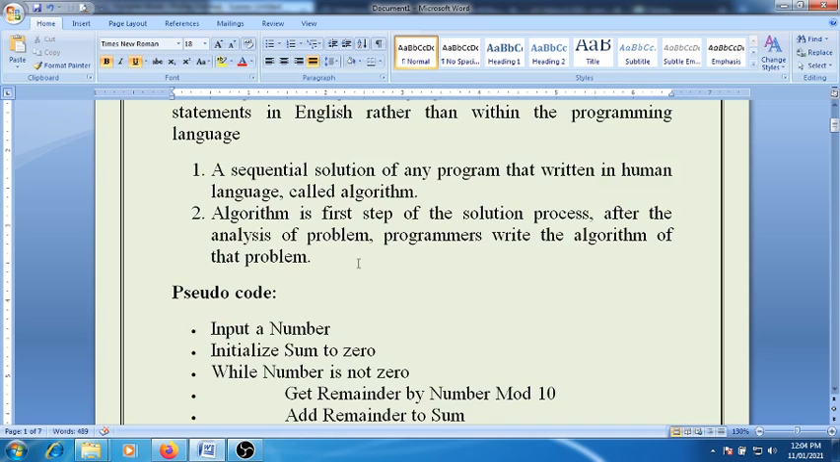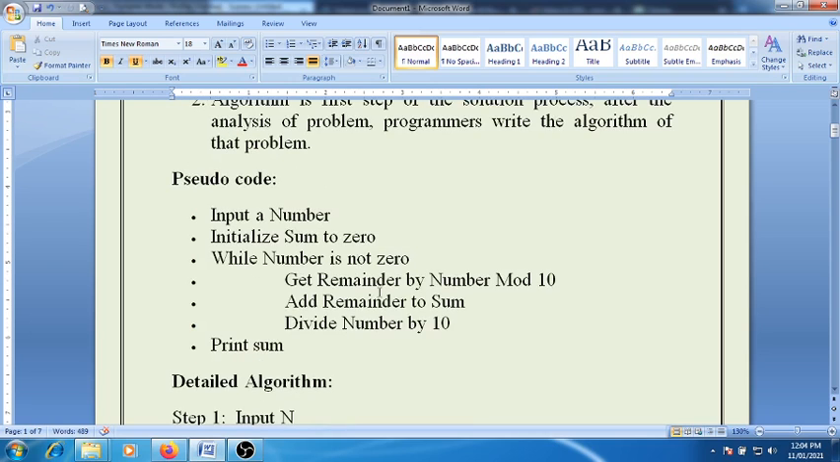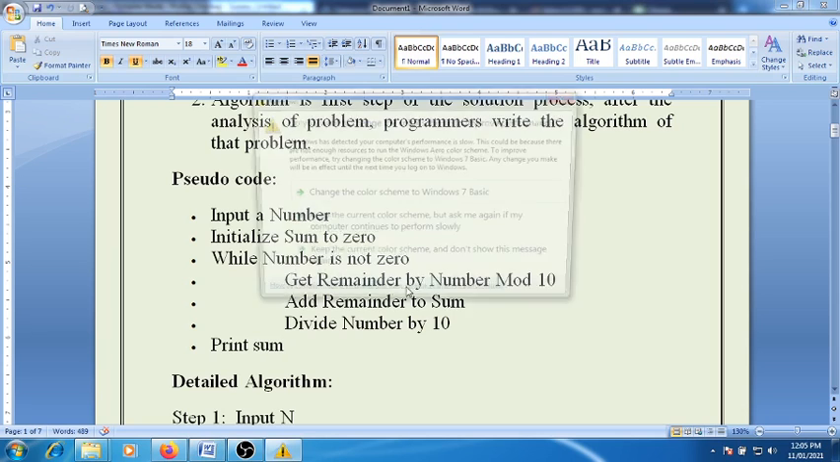The pseudocode of this program, that means human language code, is like this: take a number as an input, then initialize a variable sum to 0, then while the number is not equal to 0, the loop will continue. Then get the remainder. How to get the remainder? The number mod 10. Then we take the remainder of the given number, that remainder will be added into the sum variable, then again divide the number by 10 and again it will be checked, then it will find the remainder, then